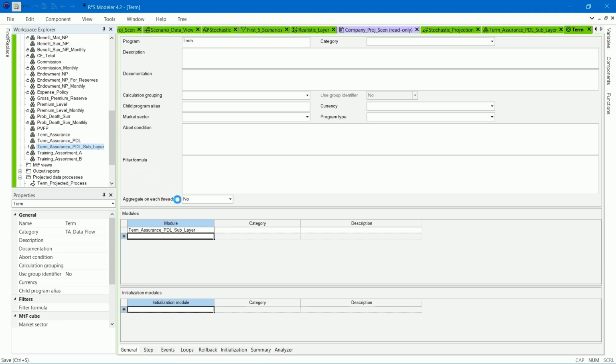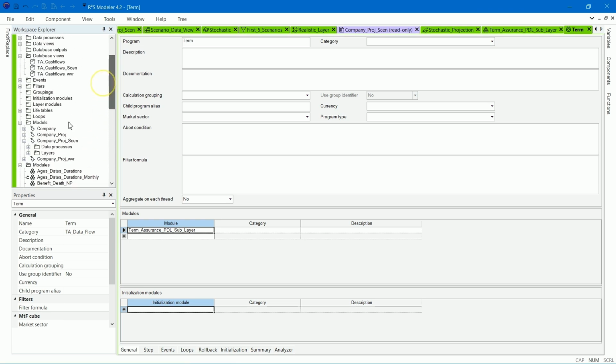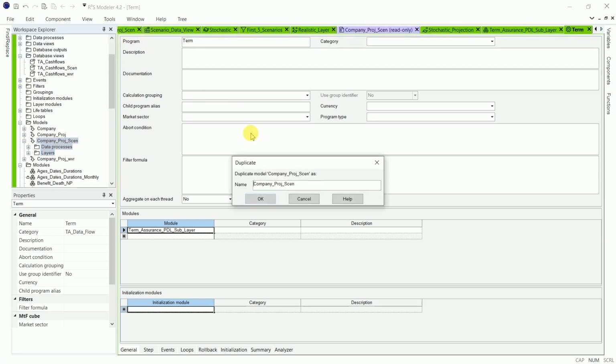Now we are going to create the model structure for the new model. Make a copy of the company ProjSen model. Highlight it. Go to the Component tab, click Duplicate. Name it company_proj_sen_mean and press OK.